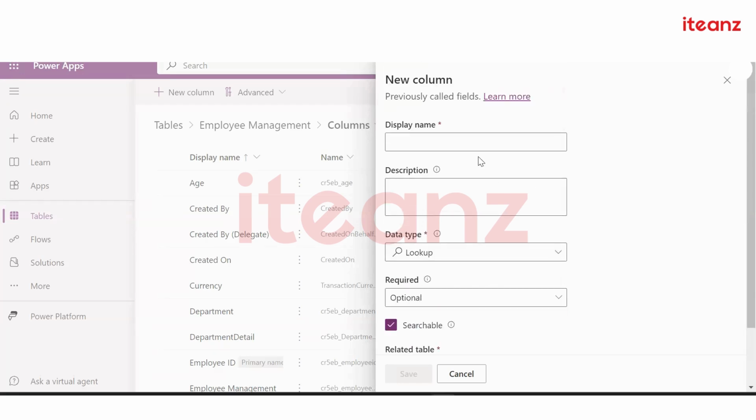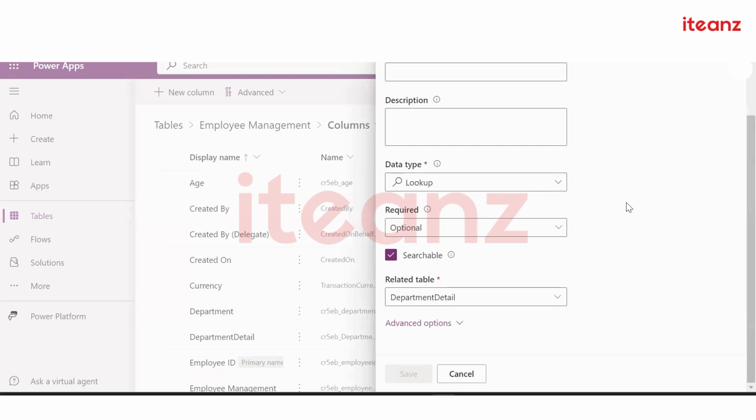I will be creating a lookup column. Ultimately, in the back end, whether you are creating a lookup column or whether you are creating a relationship,